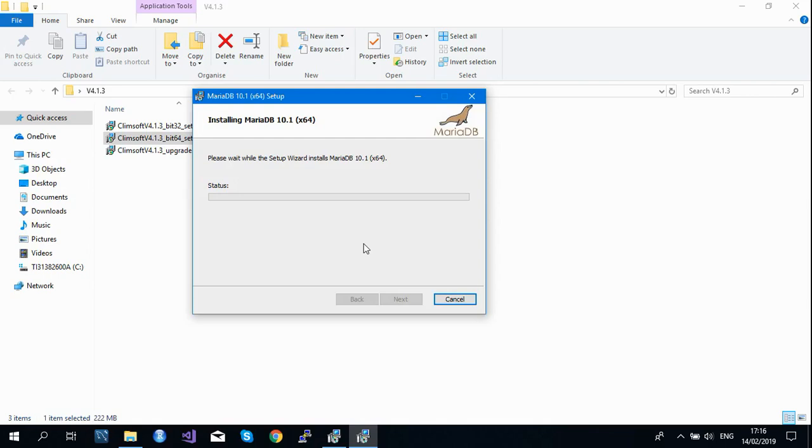So the system here is preparing for the installation. We need to be patient. I can see it has started. It is installing and copying files. Now by default, the database installation installs the administration client for the database, which is HeidiSQL.